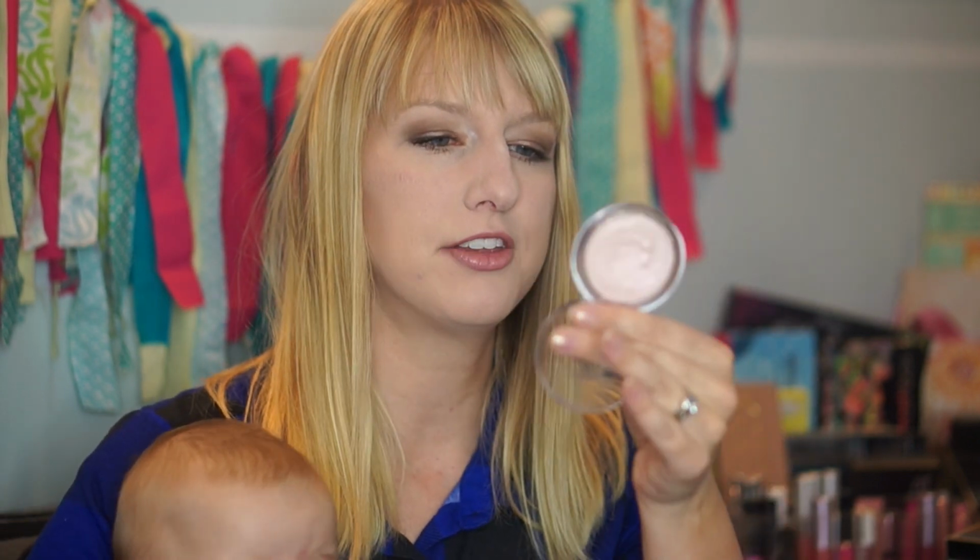Also, not quite as iridescent, but also still affordable is this Essence So Glow. This is in Bright Up Your Life. And this one is in Monster. These look really similar, but the Monster actually has more of a reflect to the pink, where this just has a little bit of the pink shift in it, but I like them both,